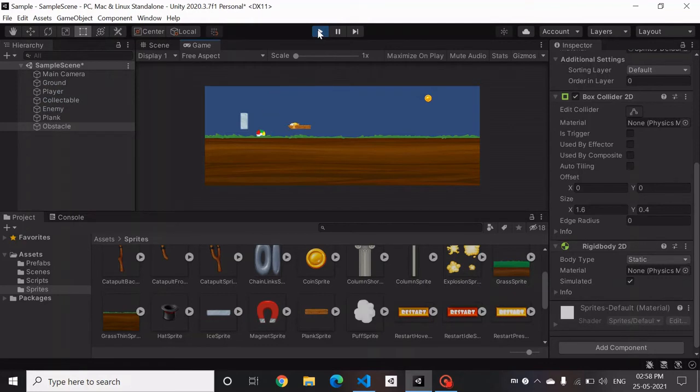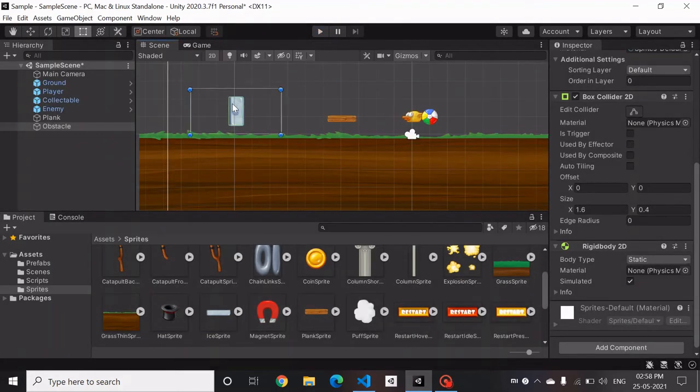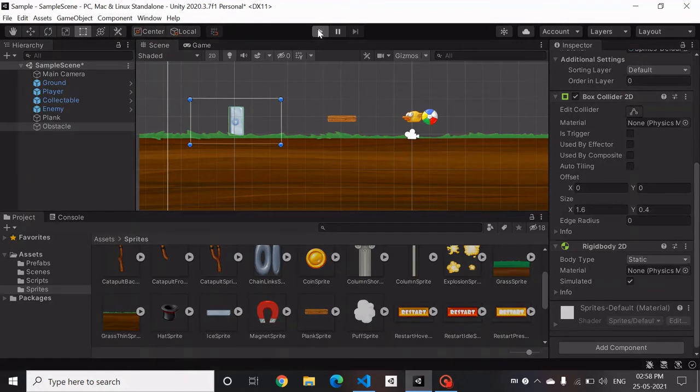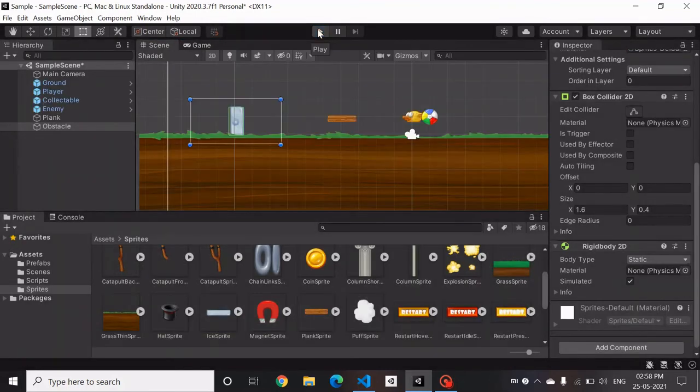So it's basically hanging in the air, which means that its position is decided by where we place it. One thing we saw is that the bird didn't collide with the static rigid body, but the ball is properly colliding with it. So basically is trigger is not triggered for static body types as well.